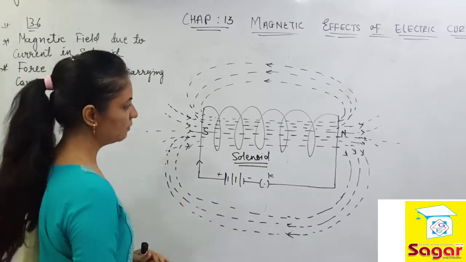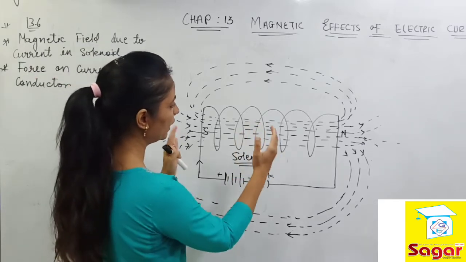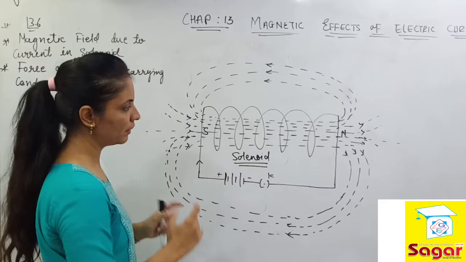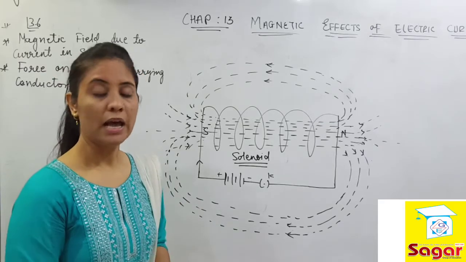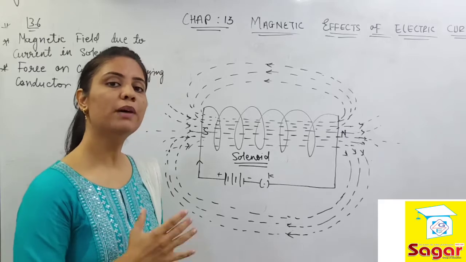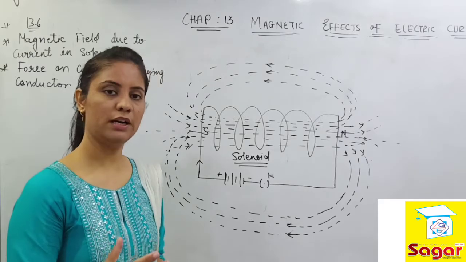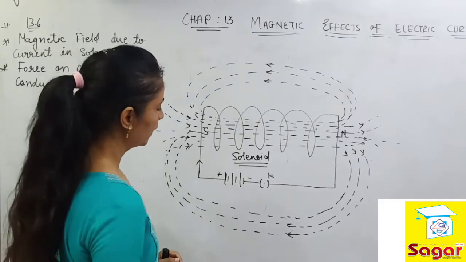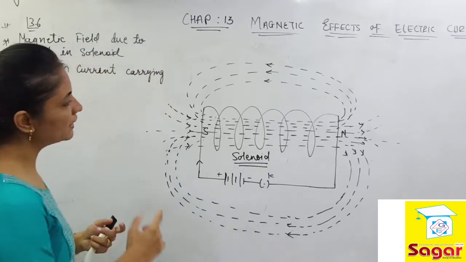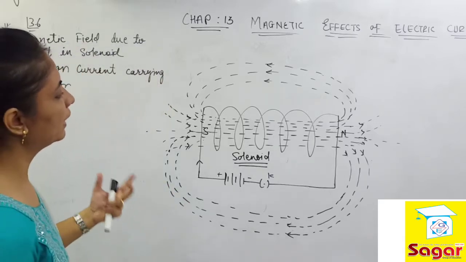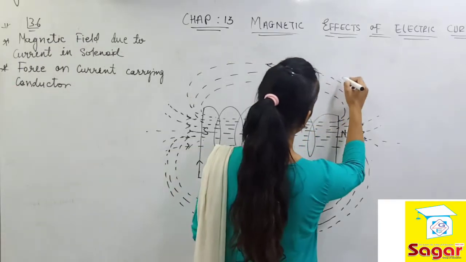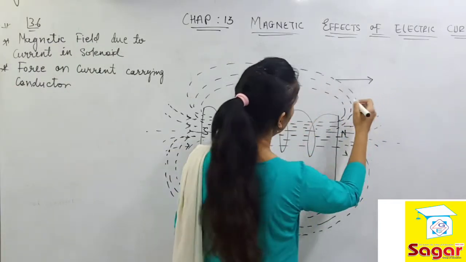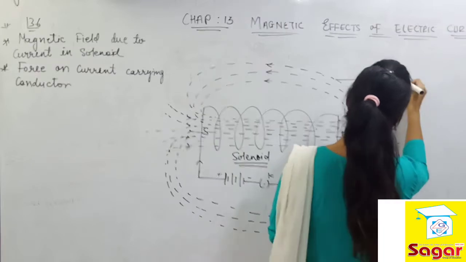So the magnetic field will be generated. Here also the same thing will happen, because here my coil is placed. The coil is so powerful. The coil contains a giant amount of electric current, as a result of which a more powerful magnetic field will be generated, that is shown in the diagram. Now we have to see the direction of all the magnetic field lines of force. The pattern you are watching with the dotted lines is the magnetic field lines of force.